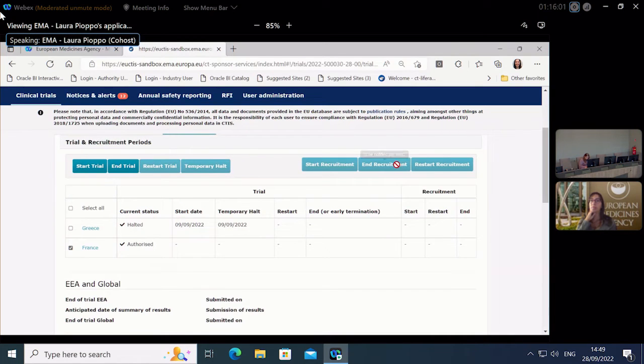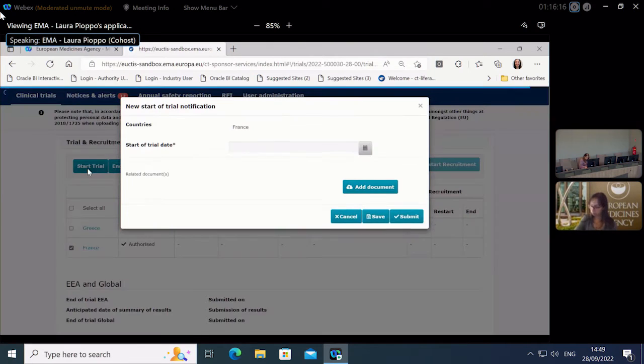I cannot select any other notification because it would not make sense that I'm able to submit a start of recruitment or an end of recruitment if I have not previously populated in the system the details of the start of trial. So I will click on start of trial for the country that is France,